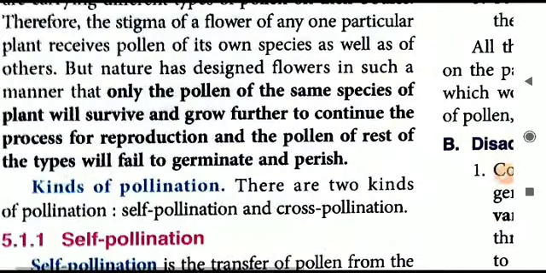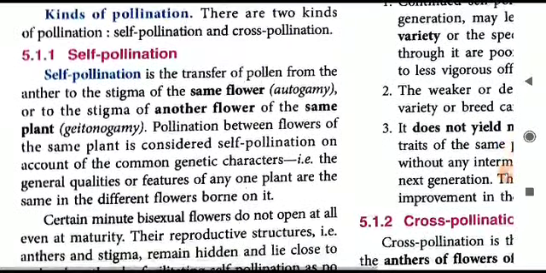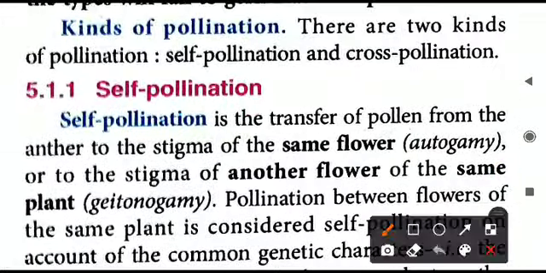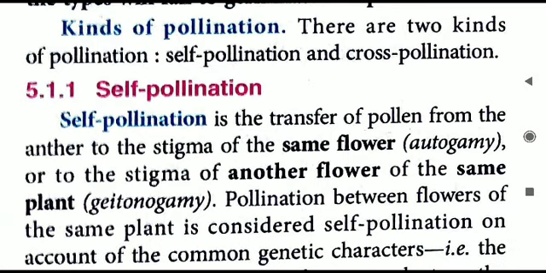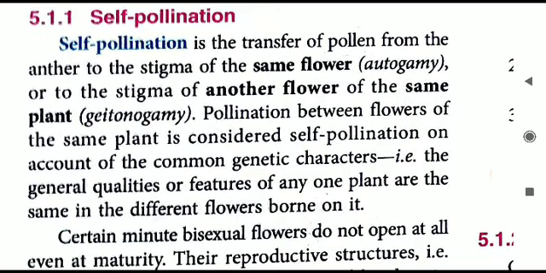Pollination, and the subsequent development, that is fertilization and so on, will only take place when the plant species are of the same type. Okay, now let us come to the next important point, that is kinds of pollination. We have already seen self as well as cross pollination. Now we will be discussing self pollination in detail. What is self pollination?